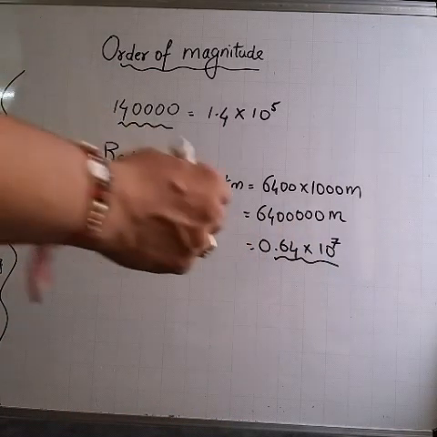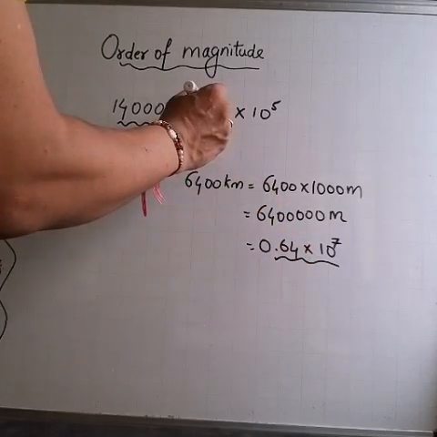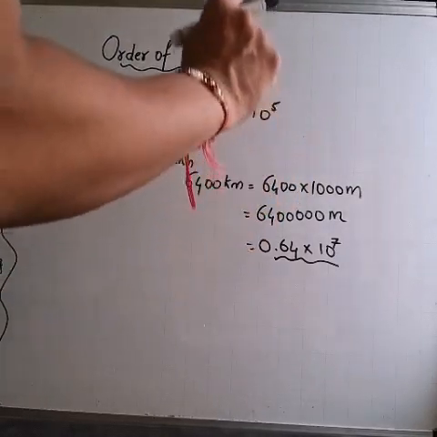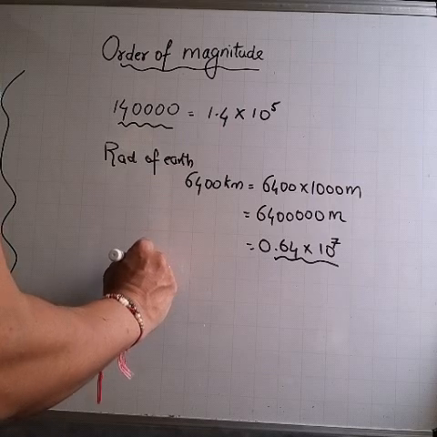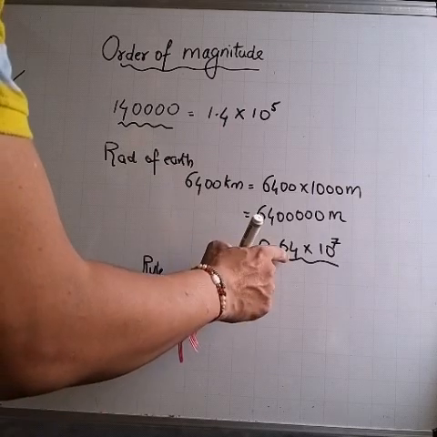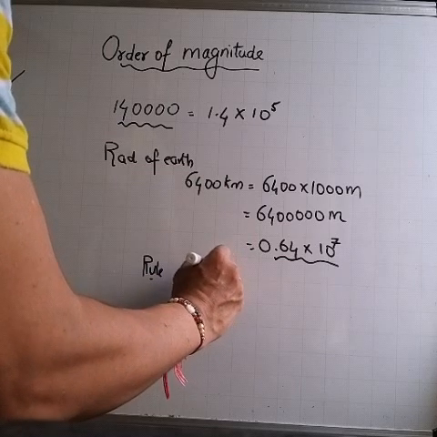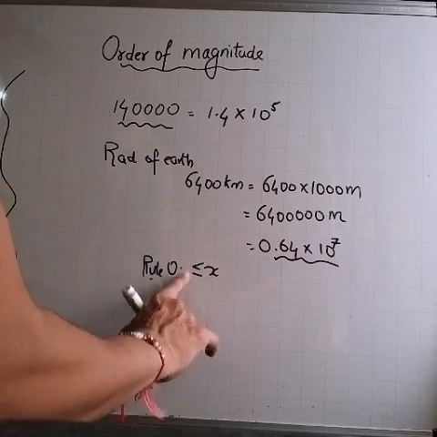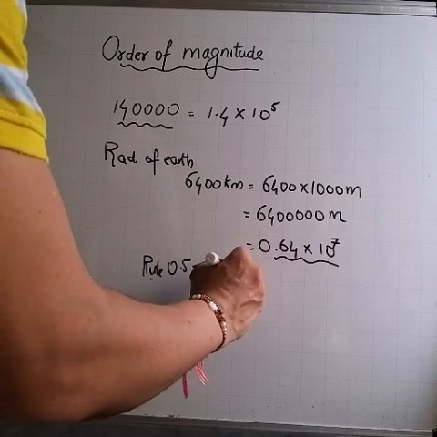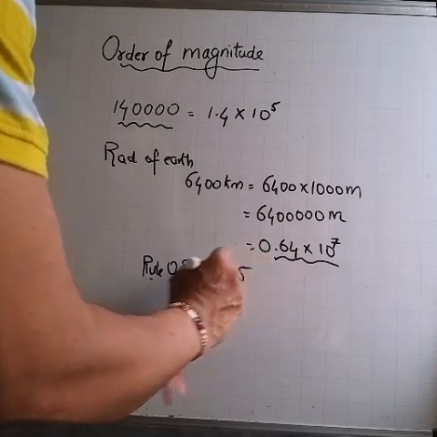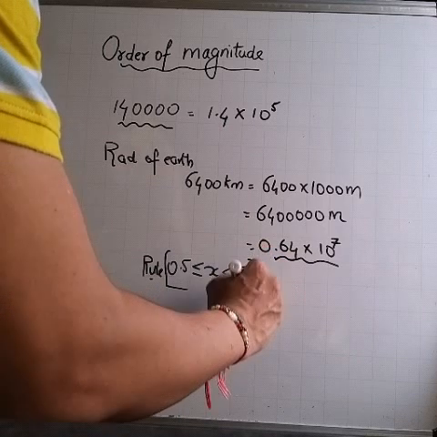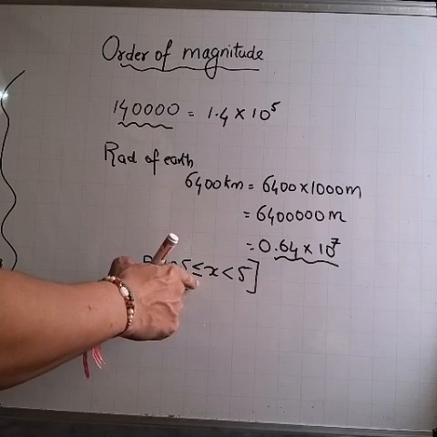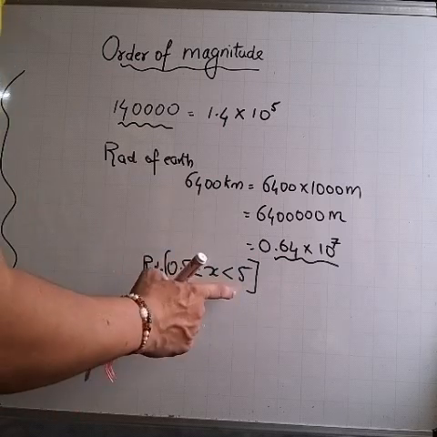Now you'll ask me, sir, over here you have taken 0.64 and here you have taken 1.4. Why? The reason is the value should be decided by a rule. That rule is that the value which you take here for the decimal should be greater than or equal to 0.5 or less than 5. When this rule is applicable,